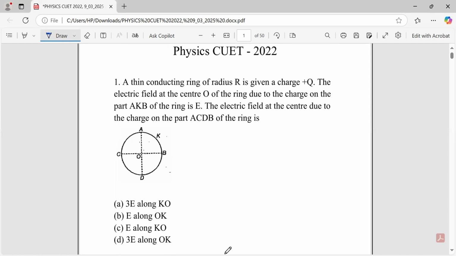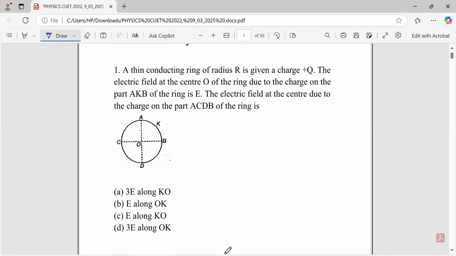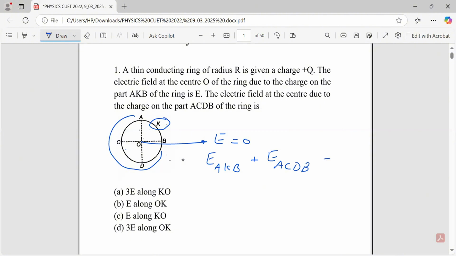Now, this question is: a thin conducting ring of radius r is given charge q. Now we know there is a symmetry, and because of the symmetry, we can say that the electric field due to this part and electric field due to this part at center will be equal to 0. So it means it will be the vector sum of electric field due to AKB plus electric field due to ACDB. The net field will be equal to 0. So we have the condition that electric field due to ACDB will be equal to minus of electric field of AKB,